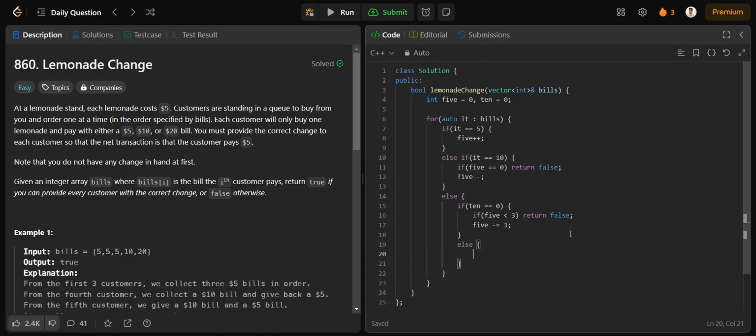And else if $10 are present, then we need to check if five is equal to 0 or not, because if at least one $10 is present, we need to give one $5 also. So if there is no $5, then return false, and also if there is $5 present and also $10 present, then ten minus minus and five also minus minus. That's it. And one more thing,